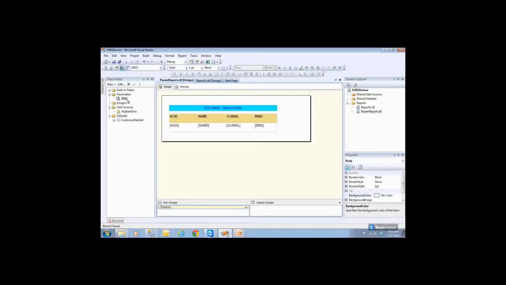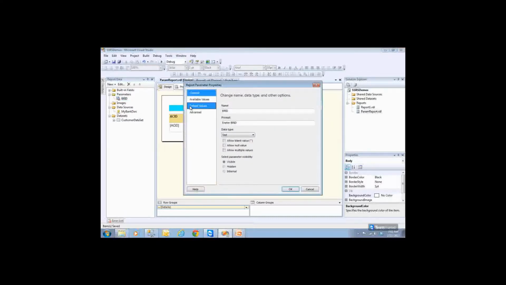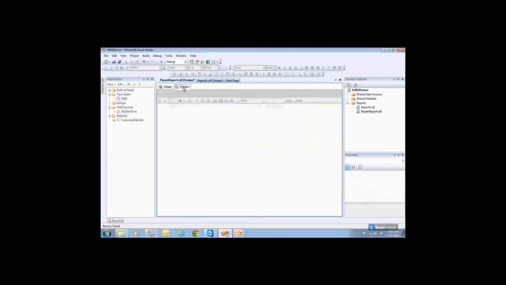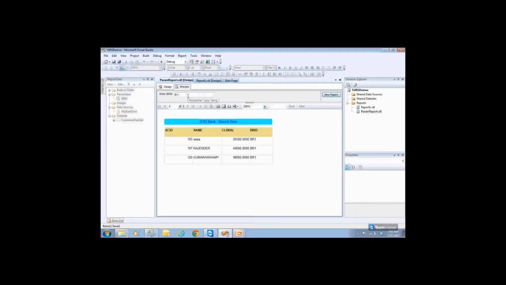If you want to do some configuration to the parameters, expand parameters, double click on BRID. Now there is a spelling mistake here, so let me fix that. So enter BRID and click OK. Now the question is, I put BR1, which is working fine. I put BR3, which is working fine.